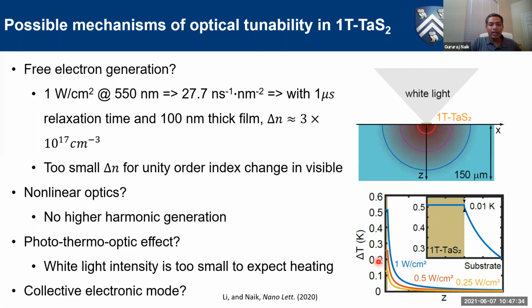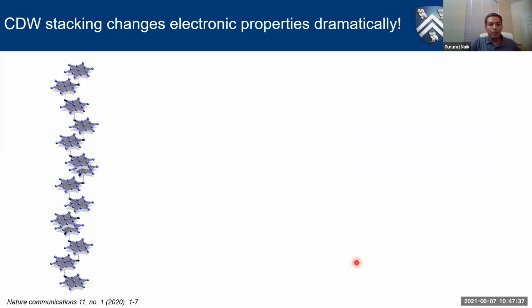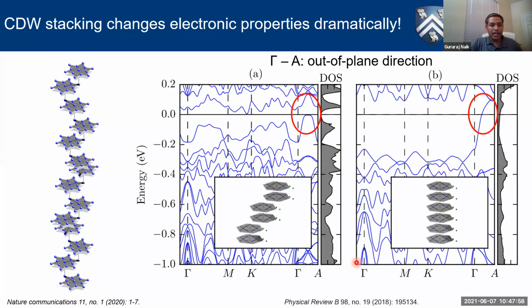For that, we found a few papers doing band structure calculations on tantalum disulfide. What they said was that these CDW domains, or charge density wave stars, these David stars, can actually stack on top of each other across layers in many different ways. And that can change their c-axis electronic properties dramatically. So for example, in one case, you have this kind of stacking: the stars stack on top of each other and then stagger, on top of each other, stagger, etc. This is called AL stacking.